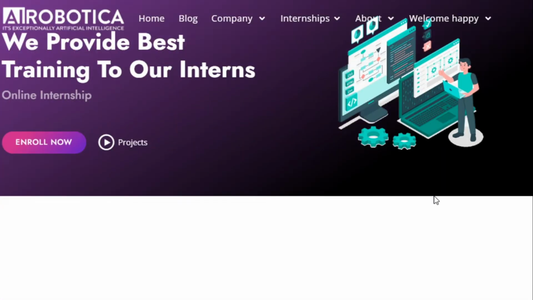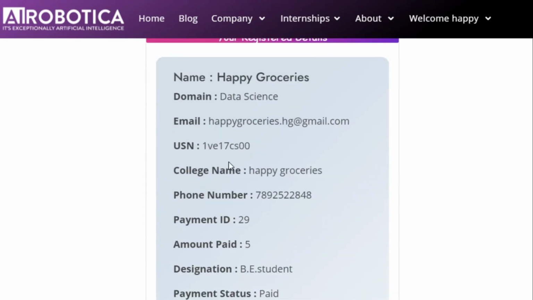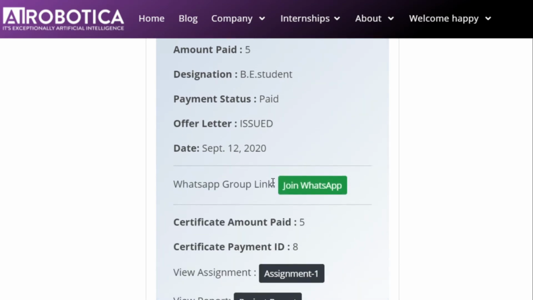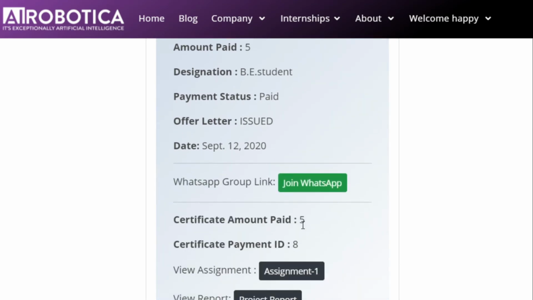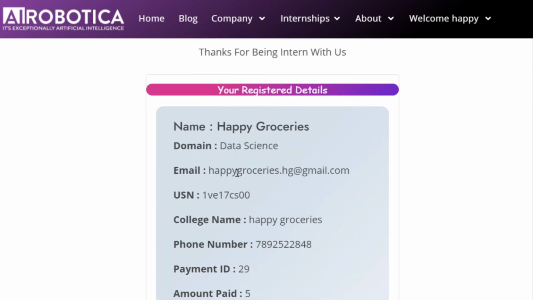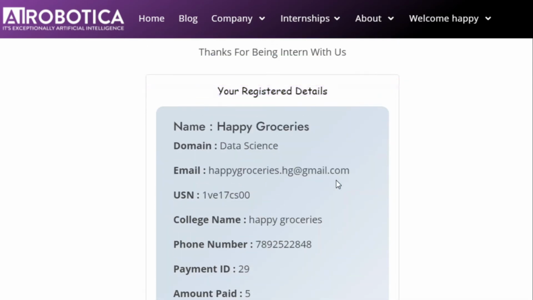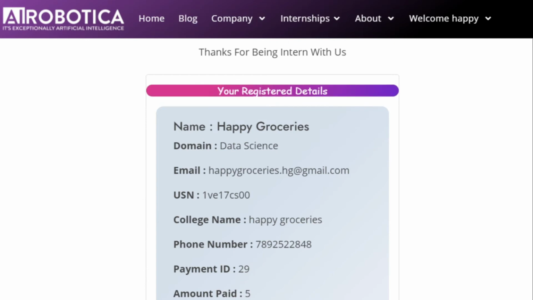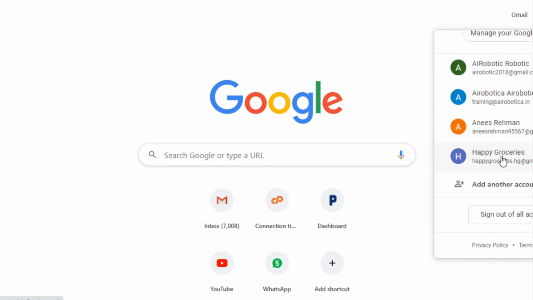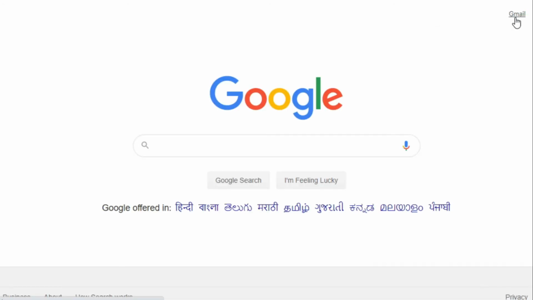You can see all the name, domain, email, USN, college name, phone number, and your payment ID of the internships, as well as your certificate amount paid, and the payment ID has been updated. So you can check your registered mail. You can just check whether the certificate has been issued or not. So let me go to the account. If I select that particular account, happygroceries@gmail.com, and go to the Gmail account,